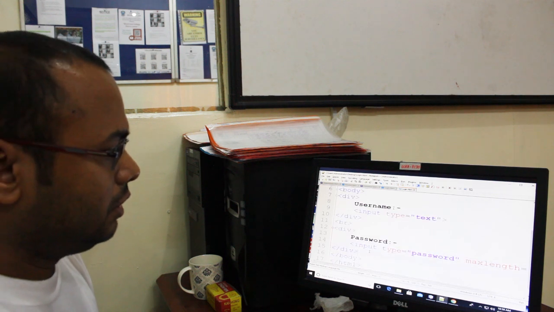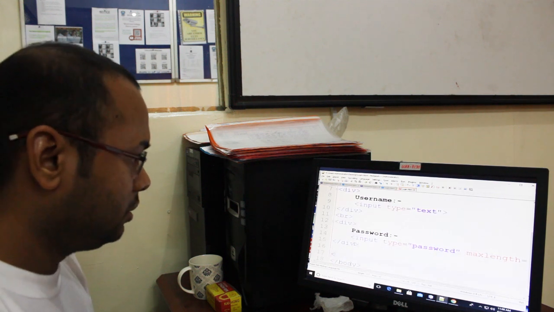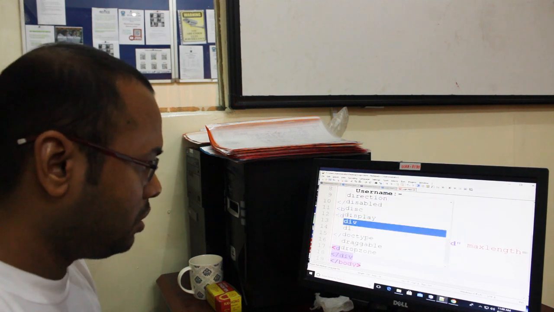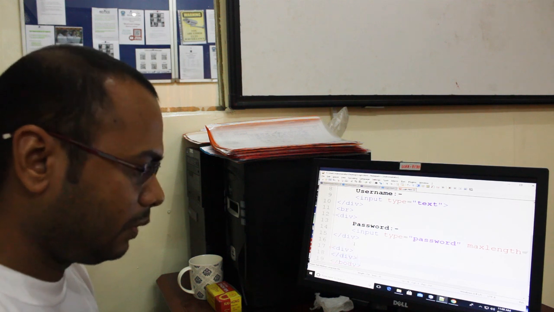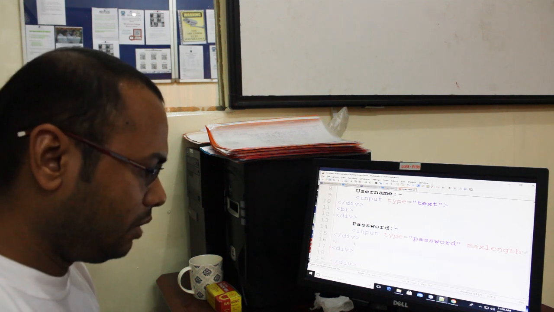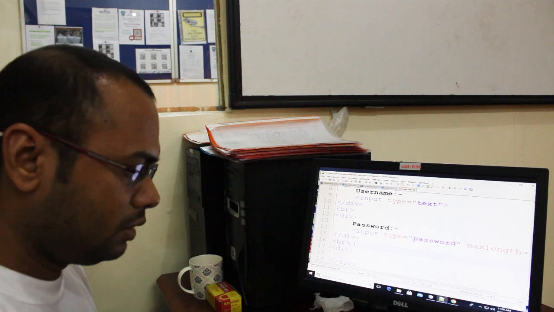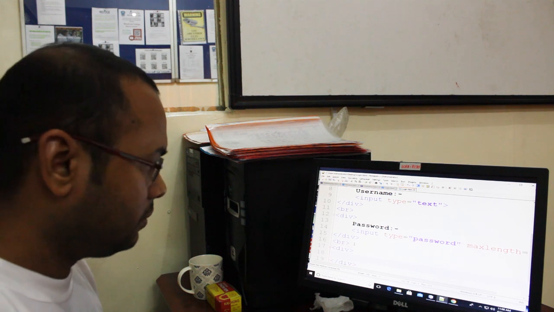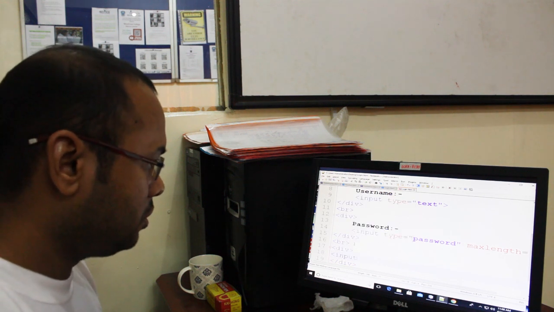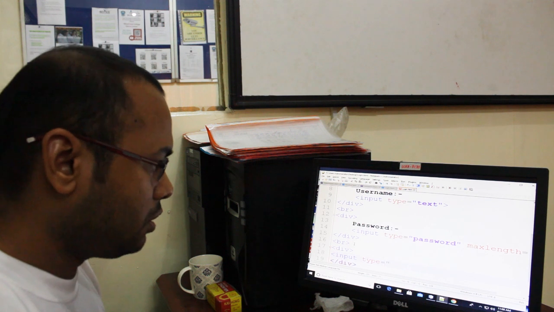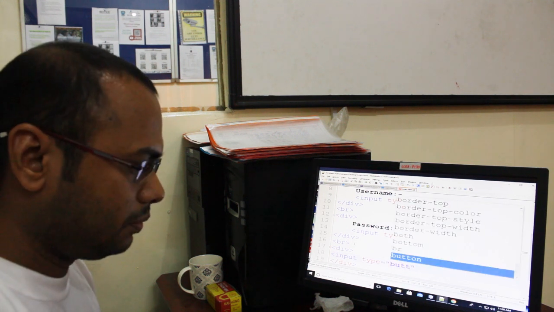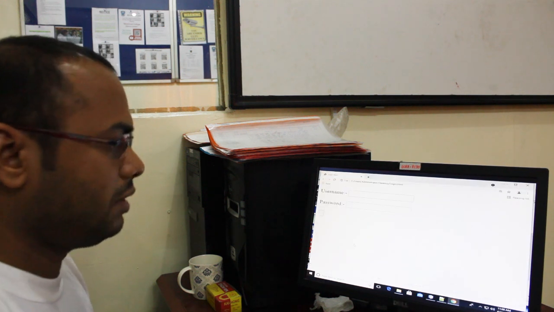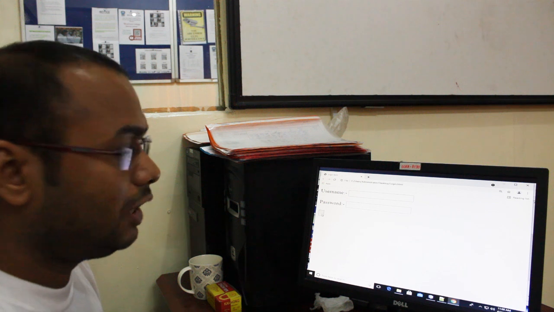Again we need a button, so I would like to take a button. So another div for that, and closing of the div. And again we have to use the BR tag for the next line. So save it, go back. Alright, then button: input type equals to button. Just close it, save it, go back. F5. As you can see, the button is coming here, but nothing is on the button.